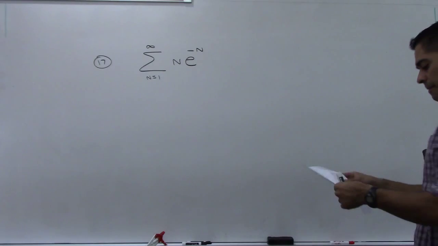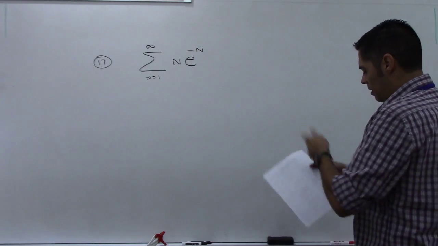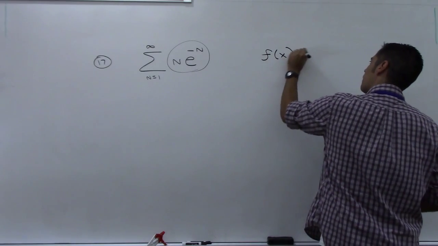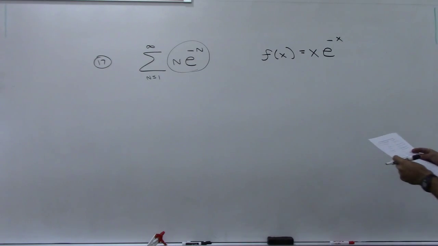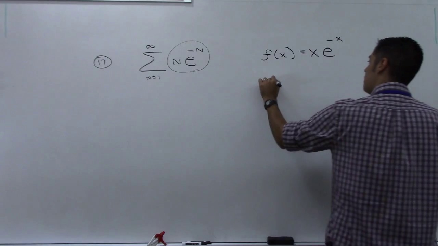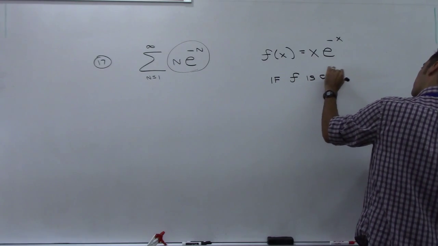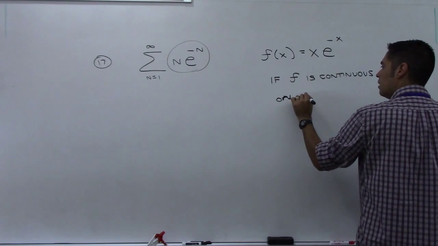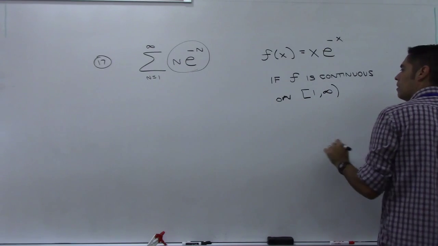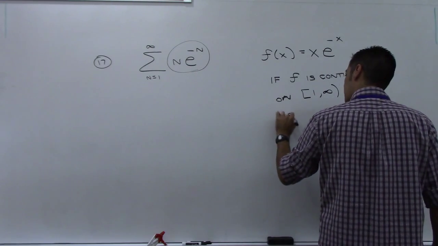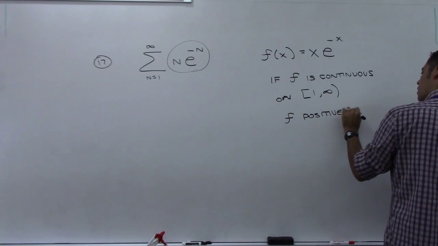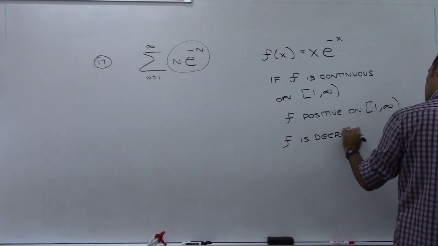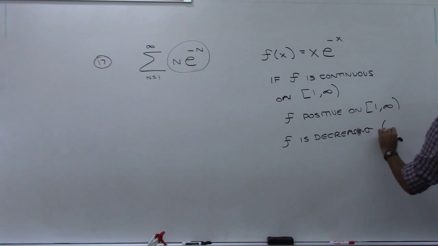The integral test says that if we look at this series, and if we convert this sequence into a function of x, then if f is continuous on 1 to infinity, and f is positive on 1 to infinity, and f is decreasing eventually,